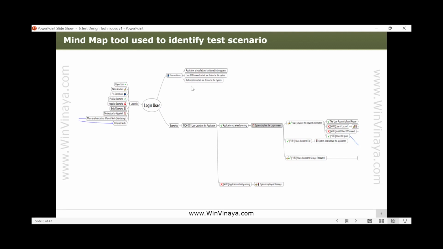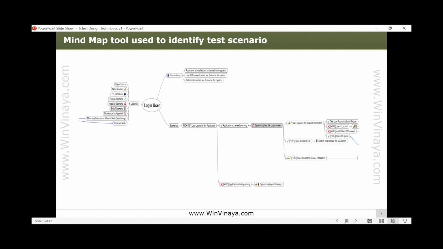For example, to test any other functionality, if we need any desktop application prior to running the test case, we definitely need to install that application. Or if it has any user ID or password in the defined system, we require those details. Or if any authorization is required, same thing, whatever I have explained: authorization, credentials, and a clear picture of that system. And the particular systems we are using should be installed or configured in our systems. These are the preconditions we can think of before we run or